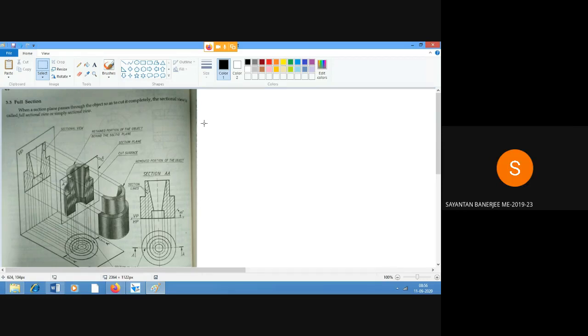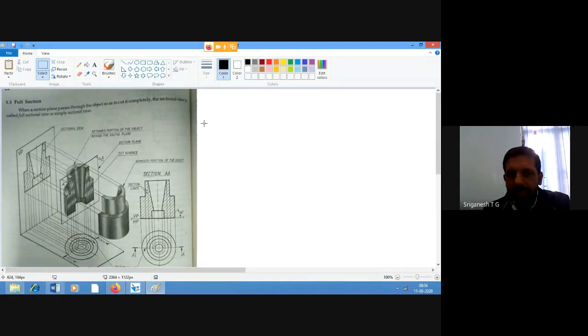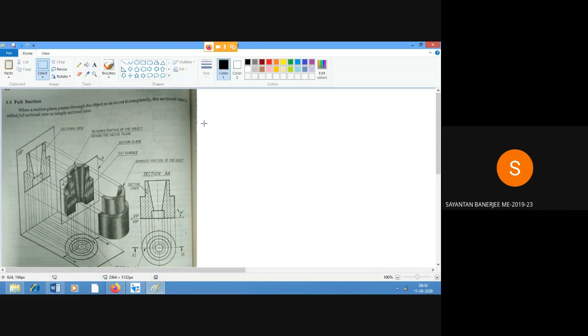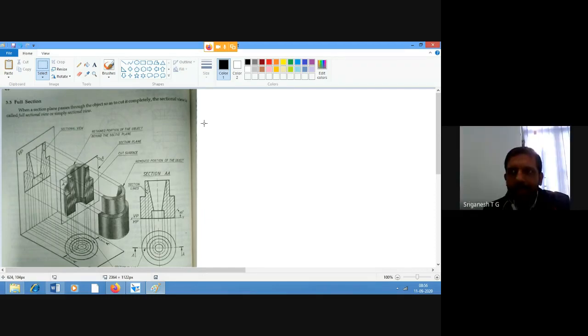Sir, it will be rectangular? Circular, right? Almost circular cross section. I thought you are cutting it longitudinally. Yeah, I'll come to that. That is why I said you are going to place the cucumber onto the cutting slab or the vegetable cutter. You're going to place it horizontally and you're going to move the knife vertically downwards. So then you will see only a circular cross section, correct? Yes or no?